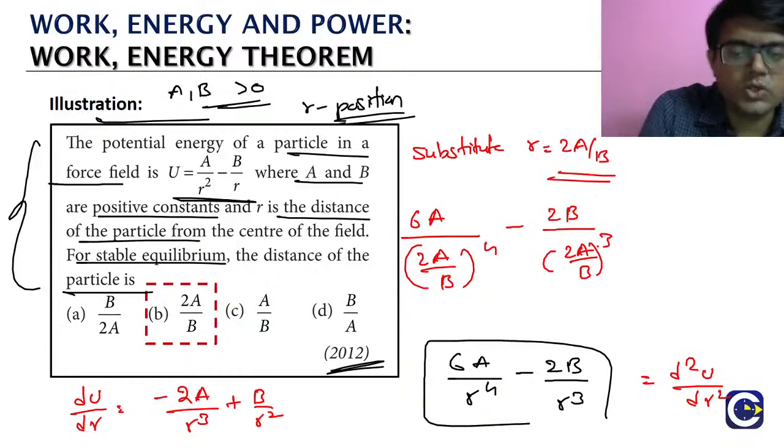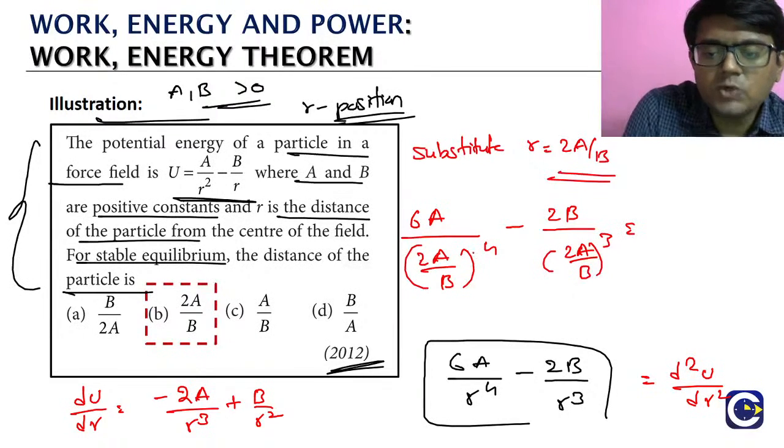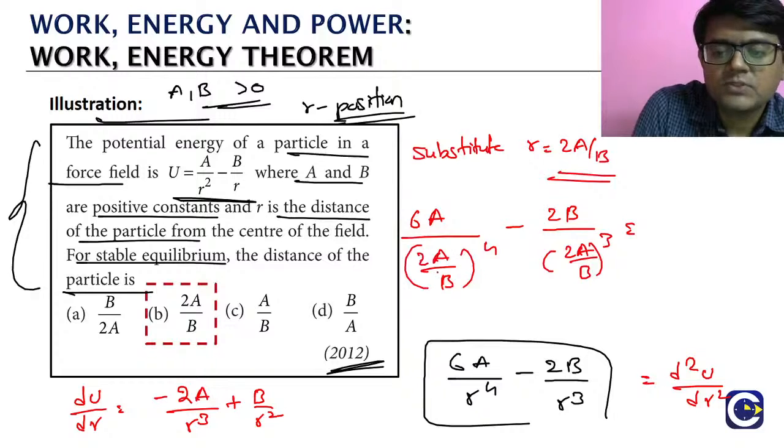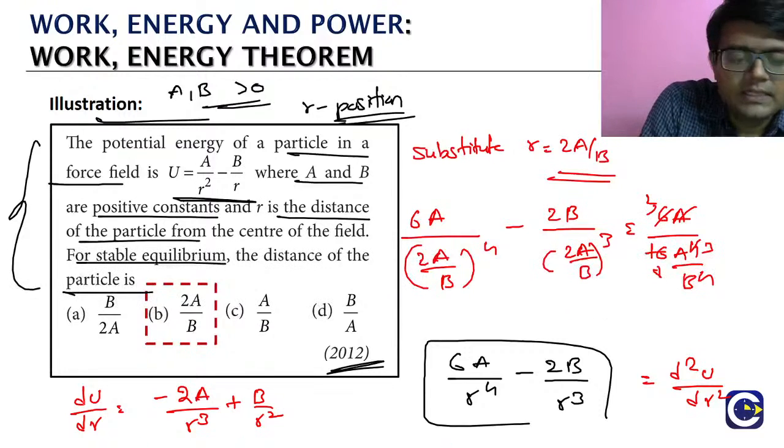2a by b whole cube. இங்க பாருங்க, this is like what? 2 power 4 means what? 16 dana. So 16 a power 4 by b power 4. So what will have? 6a by 16 a power 4 by b power 4. இதுல என்ன தெரியுமா? ஒரு a cancel ஆயிடும். So 2 3s are 2 8s are. So என்ன வருது பாருங்க,